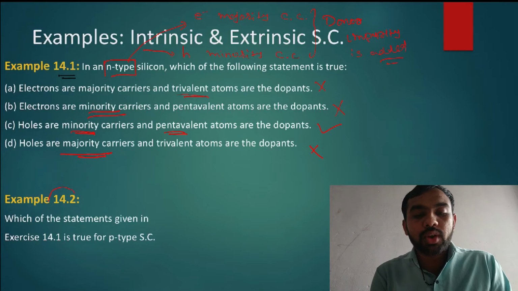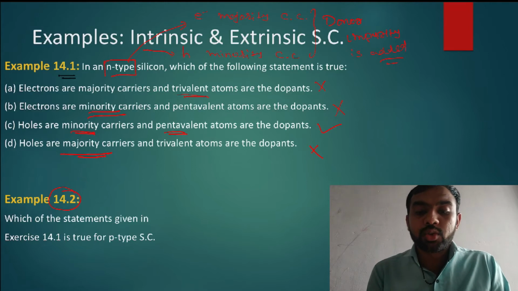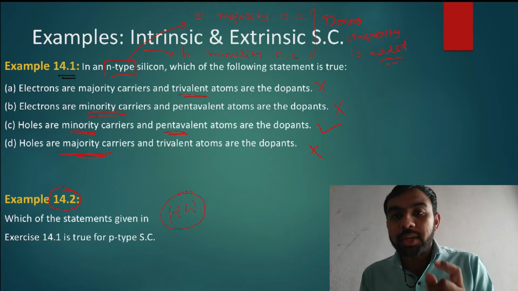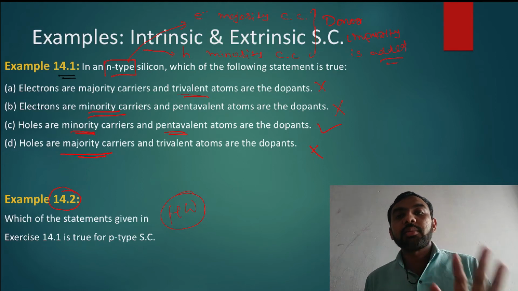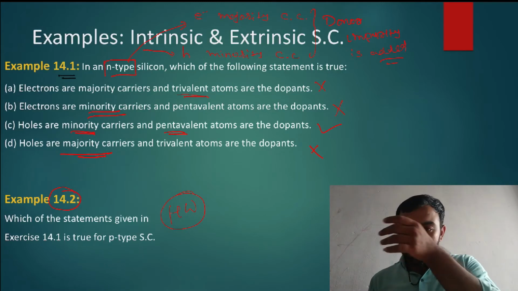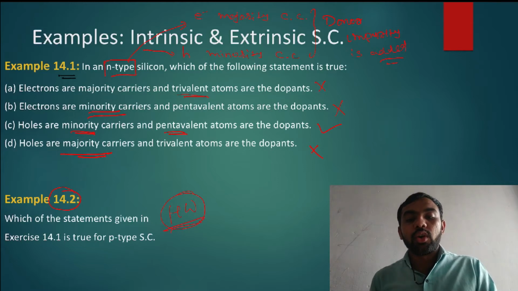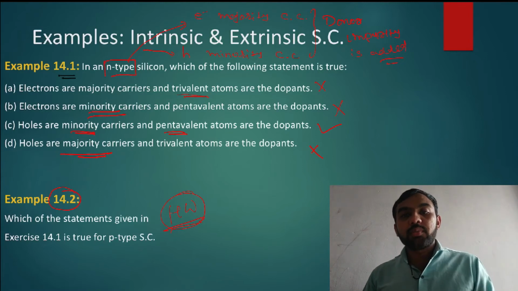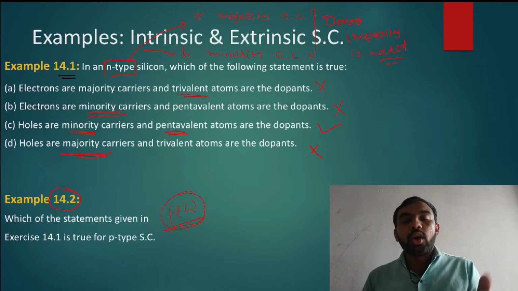Now what is 14.2? Which statement is correct for a P type semiconductor? You just write this down, it is homework to do by yourself. I am just giving you some idea. In case of a P type semiconductor, holes are considered the majority, electrons the minority, and trivalent impurities are added. In this way you solve the second example by yourself. All of you must note this example, and when you note it, write the proper reasons, because this type of MCQ is generally asked in different competitive examinations also.